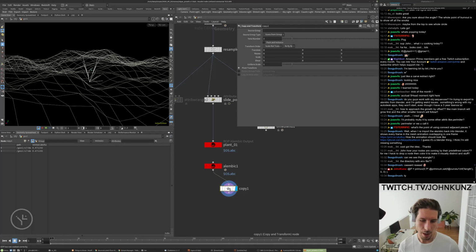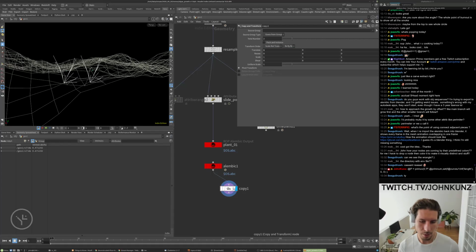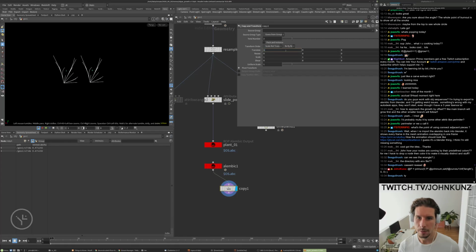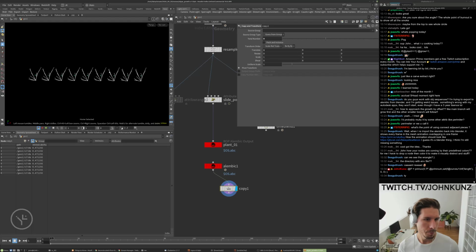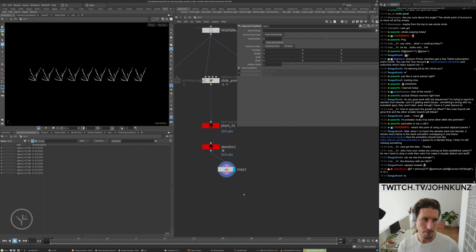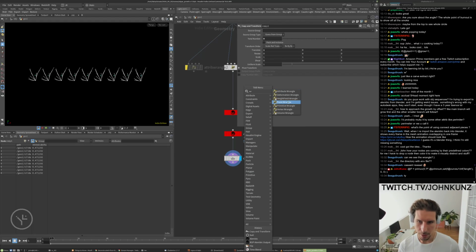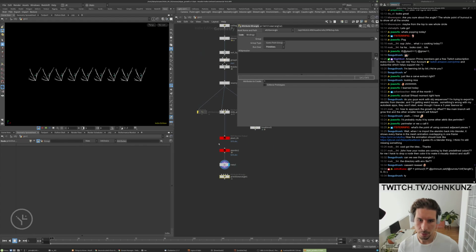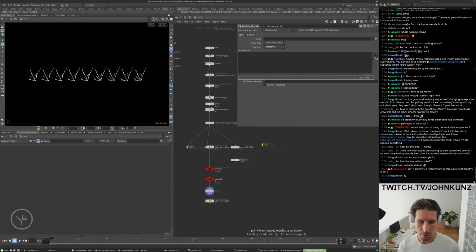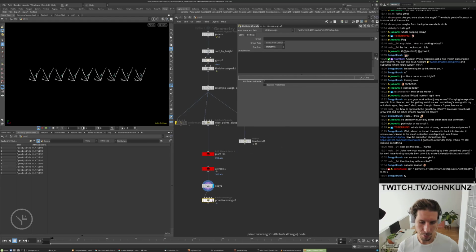If I do a copy, just move everything over by 1, get rid of that template. Move everything over by 1 unit each time. We have 9 plants, 9 packed alembics. And then if I do a primitive wrangle, then I can just manipulate that